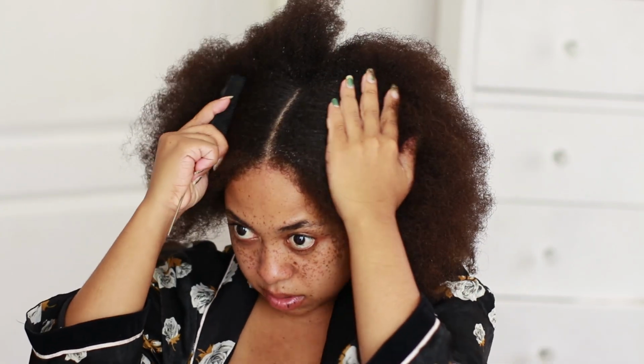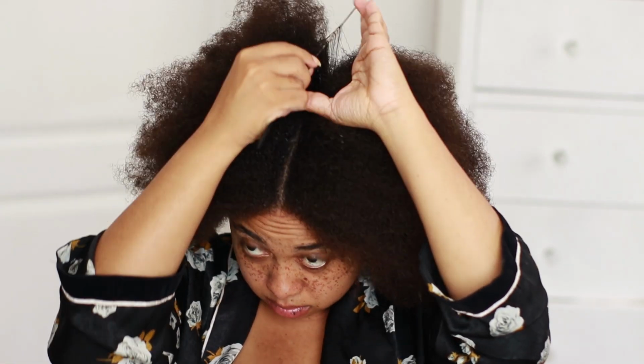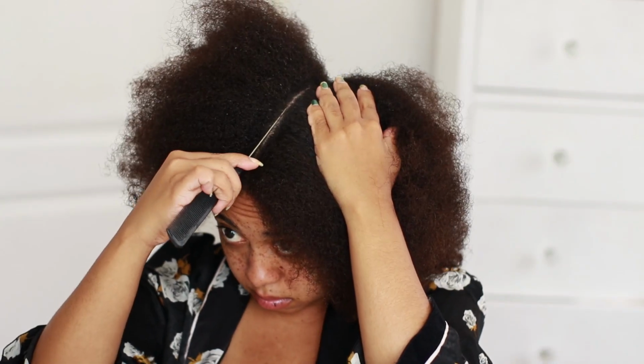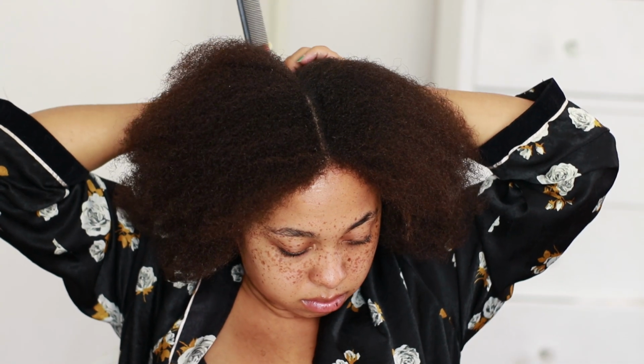So here I'm using a rat tail comb, and if you're not sure how to make straight lines when you're parting, first of all, who needs perfectly straight lines? Just do what you can do. But the best tip I would say is start from the center of your nose and make the first part in the middle so that you separate your hair in half, and it will be easier to make your lines like that. So you go straight and then you take the comb straight down the back,